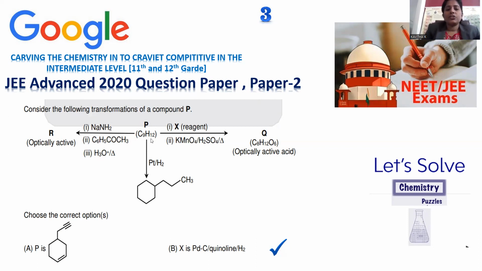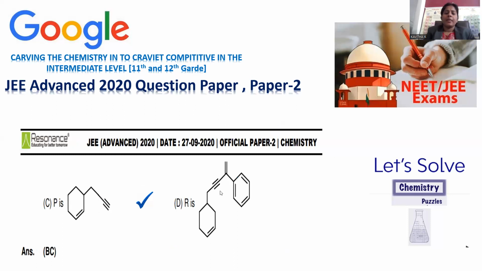Obviously C9H12 indicates there is unsaturation. Whenever unsaturation is there, there is an addition of hydrogen in the presence of palladium carbon, so you will get a certain extent of saturation over there. So that kind of possibility you can find. We will see. And one more correct answer will be